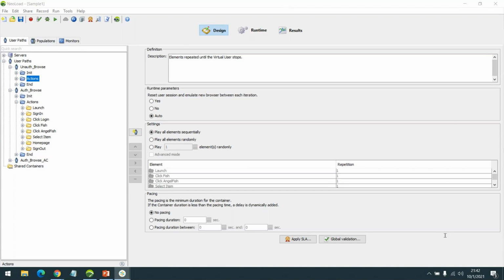Yes. To be true, if I really learn this correlation part from Neoload, I will be done with this training. I mean, the objective of learning Neoload will be done for me. After completion of this training, if I feel comfortable that I am able to do the correlation, then the objective will be met. Absolutely. Don't worry.